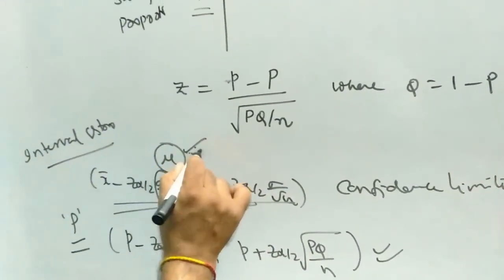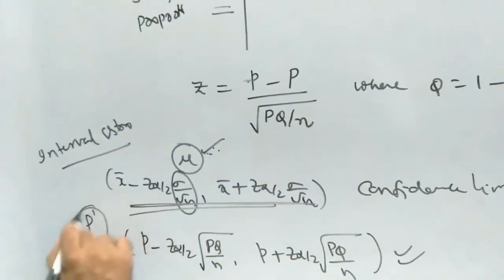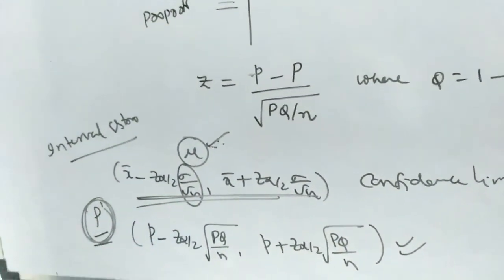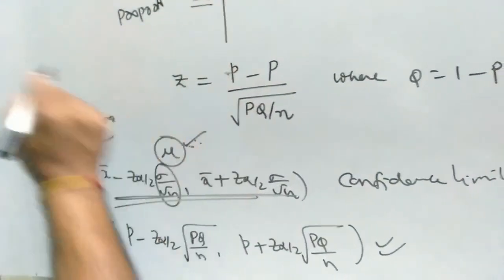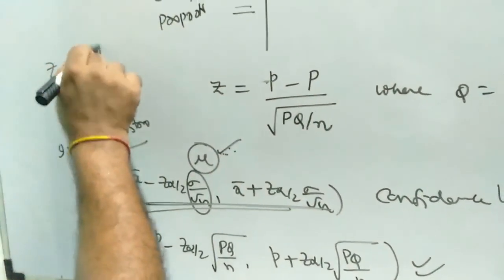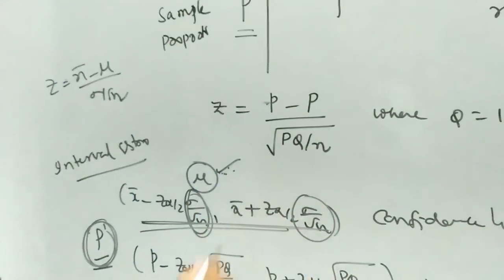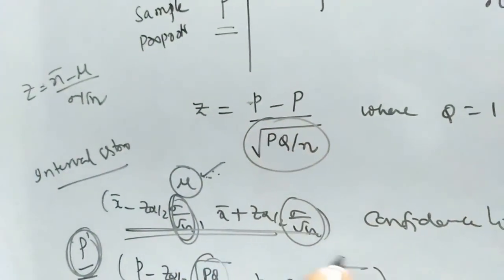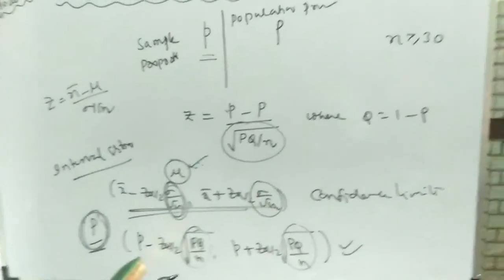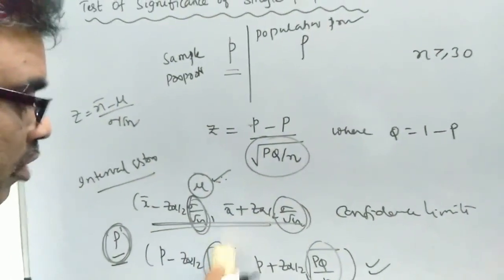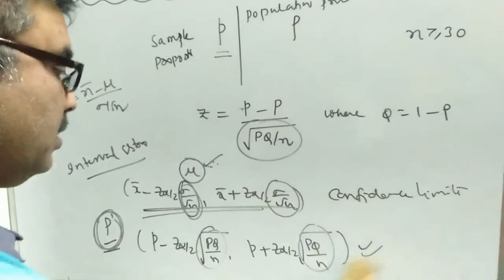Mean ki confidence limits కావాలంటే ఈ ఫార్ములా యూస్ చేయాలి. To find the confidence limits for population proportion, the formula will be small p minus z alpha by 2 into root of PQ by n. అక్కడ x bar minus mu by sigma by root n. ఈ సిగ్మా బై రూట్ n ఇక్కడ ఫ్యాక్టర్ వచ్చేది, ఇక్కడేమో ఈ ఫ్యాక్టర్ రూట్ ఆఫ్ PQ by n. సో గుర్తుపెట్టుకోవడం ఈజీ. Small p minus z alpha by 2 into root of PQ by n and small p plus z alpha by 2 into root of PQ by n.